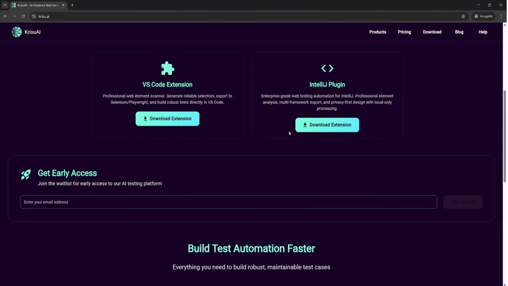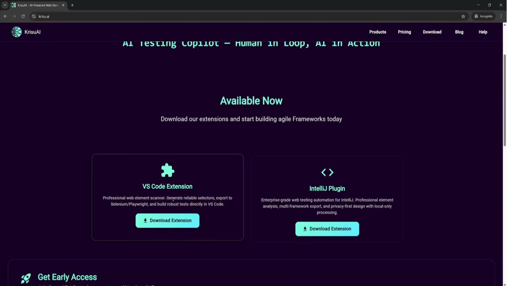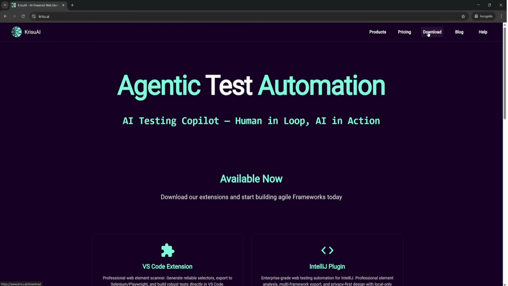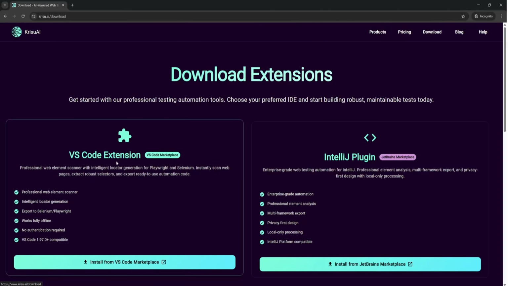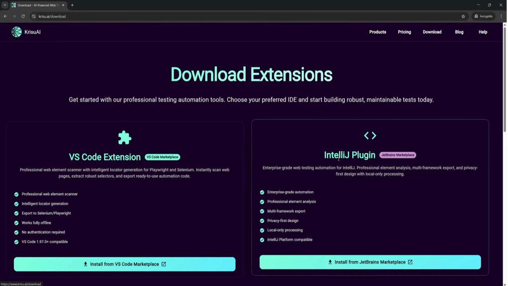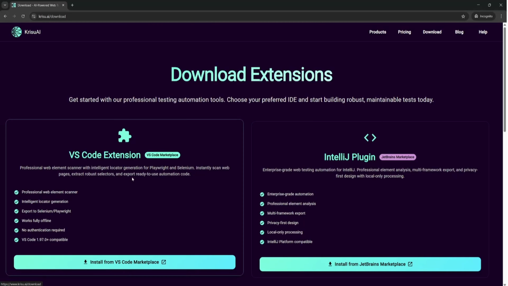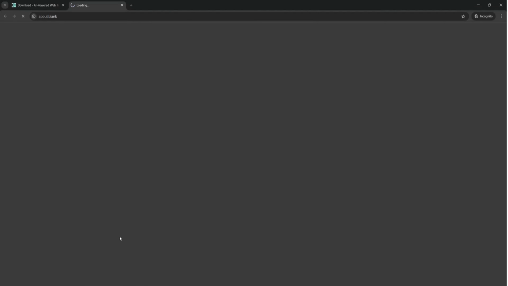Now, if you navigate to our website, there is a link on the home page, or you can go to download. There are two extensions: one is the VS Code extension, which works with VS Code, and one is for the IntelliJ JetBrains platform. Either you can just click on this link, navigate to the VS Code Marketplace and download the extension for you. Or, if you have a VS Code instance,